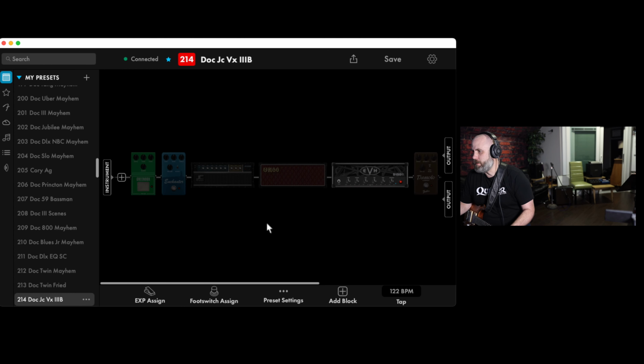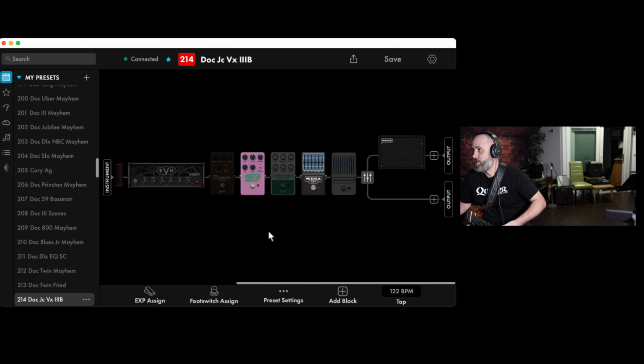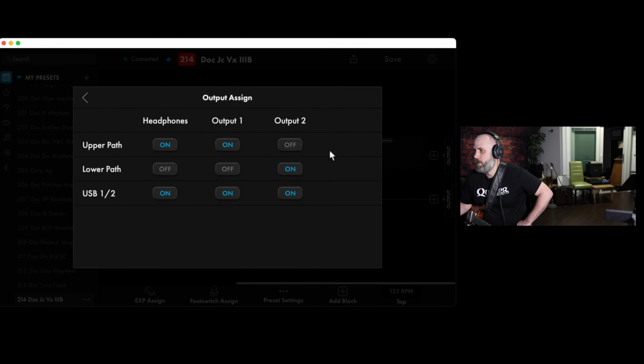So what you can see here is, if you notice, on the end of my chain, I am splitting out the signal. So the top half is going out output 1, which is feeding the XLR outs, and there is also a 1/4 inch output being mirrored by the XLRs. So you can have either or, whatever you want to do. I'm also sending this to headphones, but my headphones are plugged into the headphone distribution device down here and not directly into the ToneMaster Pro. And then the lower path is being sent to